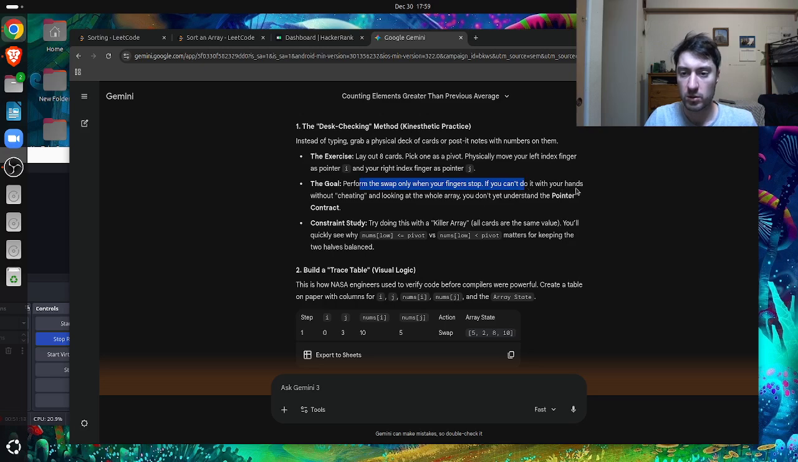You can't do it with your hands without cheating. Or if you can't do it with your hand, come on, let's read. If you can't do it with your hands without cheating, looking at the whole array, you don't understand the pointer contract. Okay, pointer contract. Constraint study. Try doing it with the killer array and see why